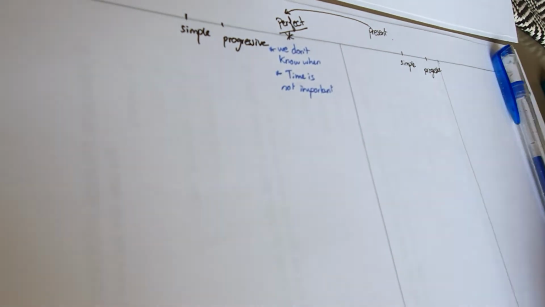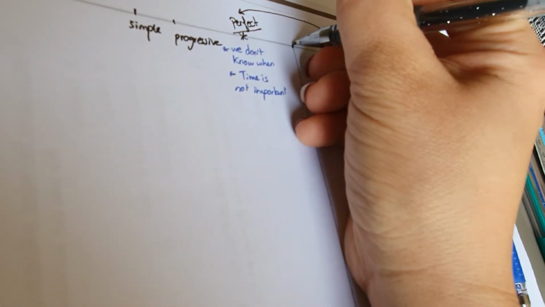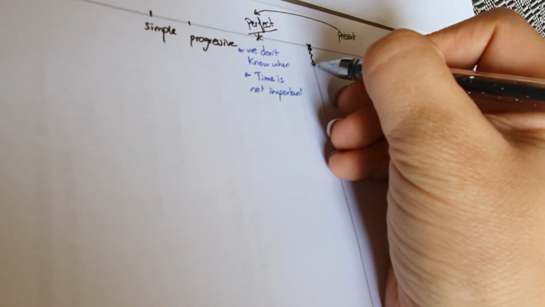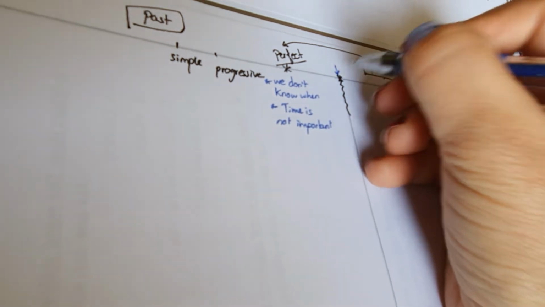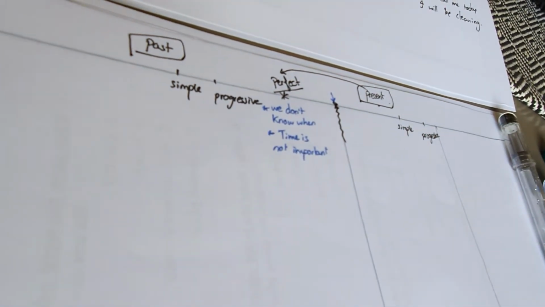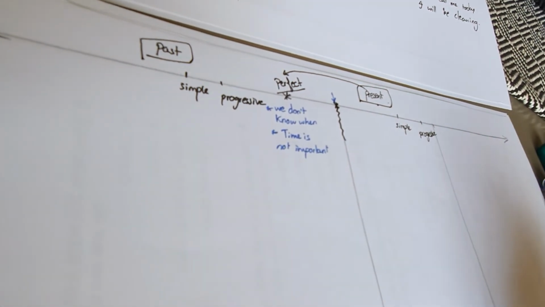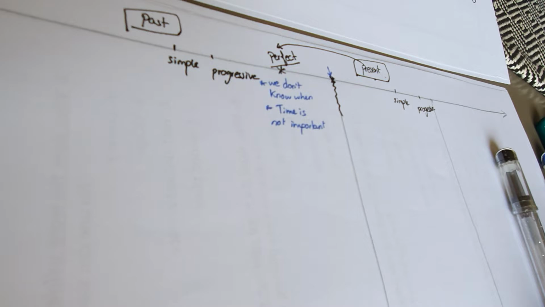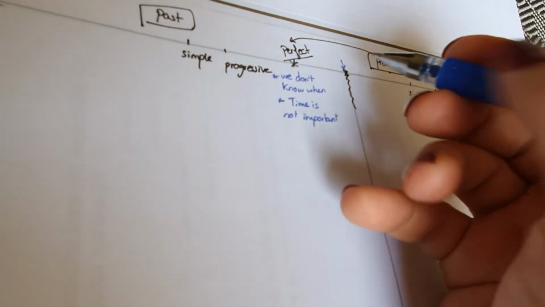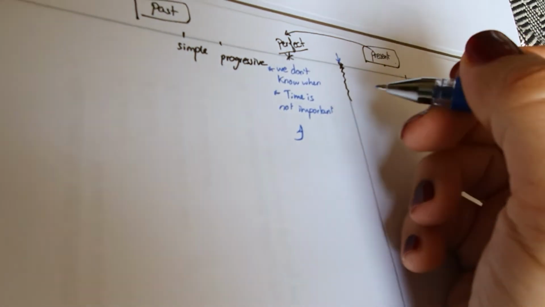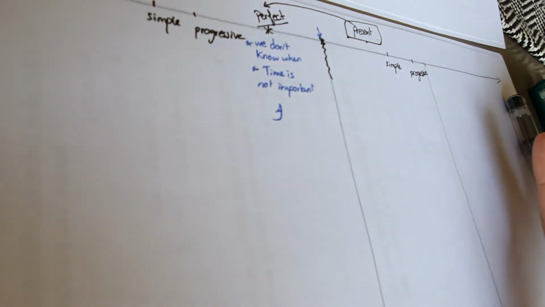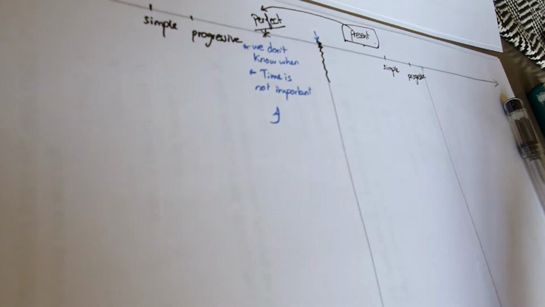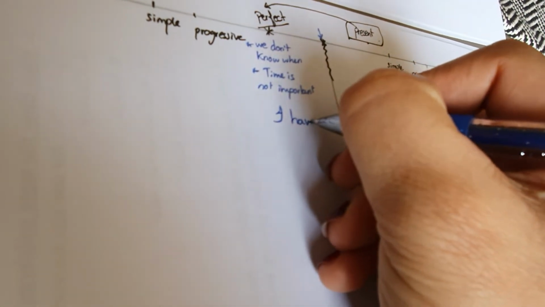And maybe this action has just finished, maybe here. You see this? This is the line between the present and the past. Maybe it's finished here now. You know, when I come to you in the morning and I give you a cookie, and I say to you, please take from this, and you say, no, teacher, thank you. If you said to me, I took my breakfast, I will understand. Maybe you had your breakfast at 7 a.m. and I'm giving you the cookie at 10 a.m. You want to show me that you have just